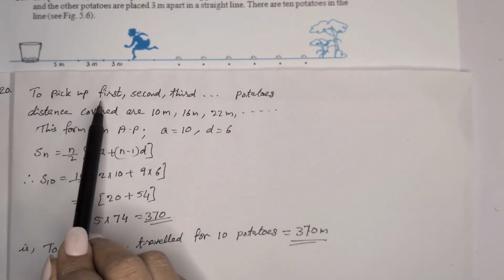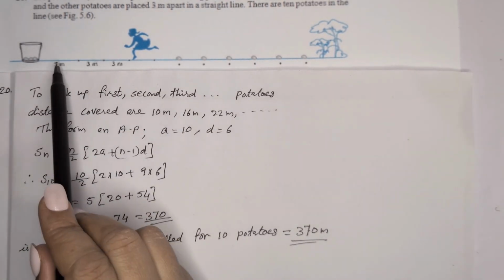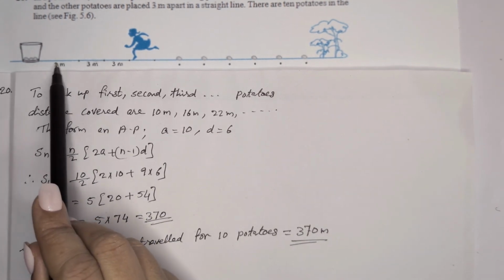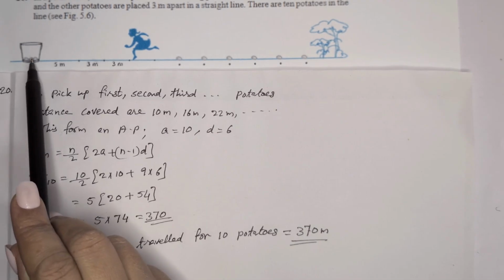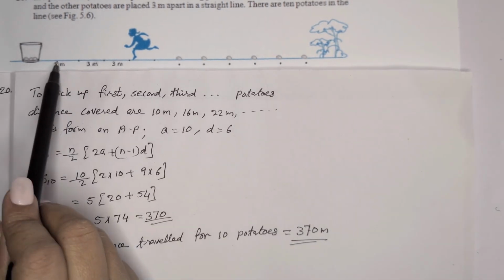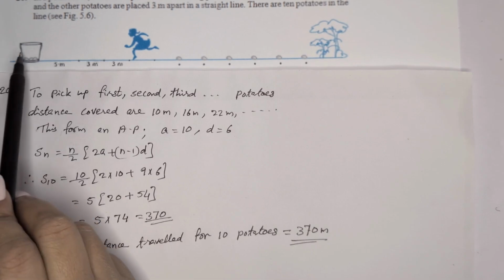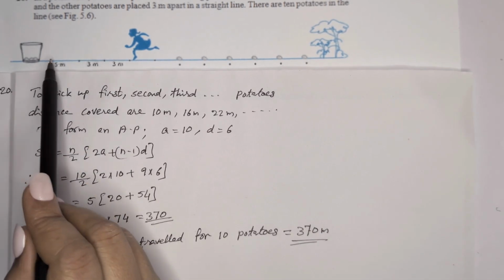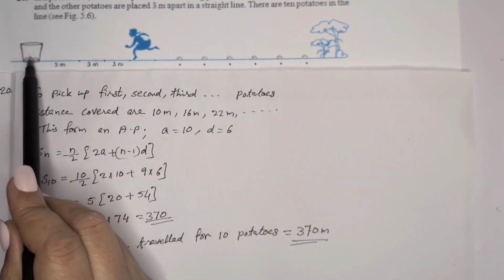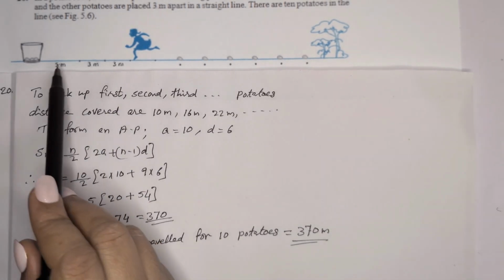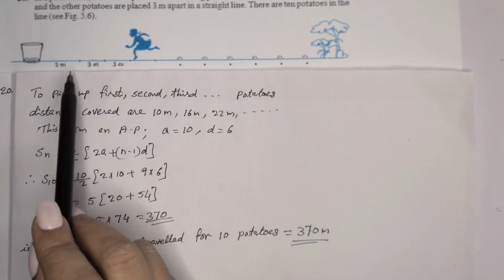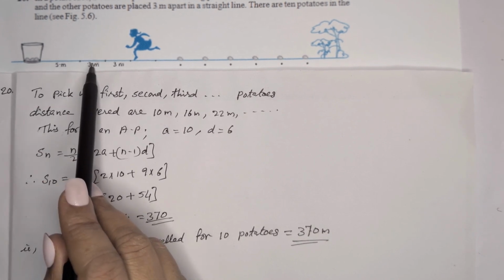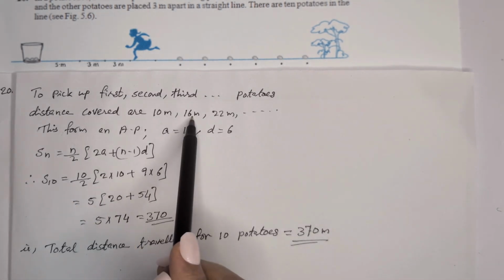So we can write the distance to pick up the first, second, third potatoes. For the first potato, to pick it and put it in the bucket, 5 plus 5, 10 meter he has to run. Once from here till the first potato to take it, and then put it in the bucket. So everywhere the total distance is 2 times, first to this side to pick and then to drop. So the first is 2 into 5, 10 meter. Then from here till there, that means 5 plus 3, 8 meter distance, 2 times. So 16 meter.